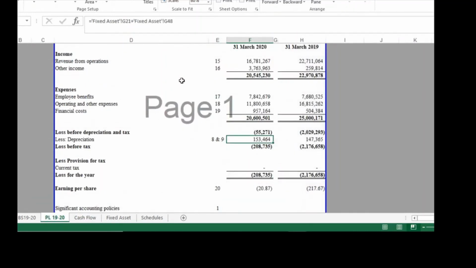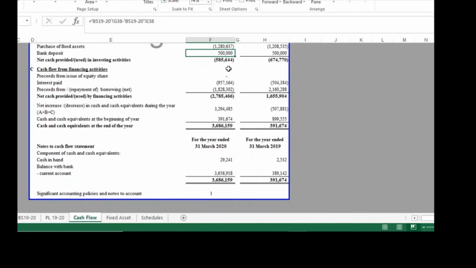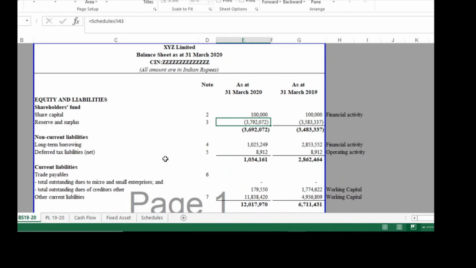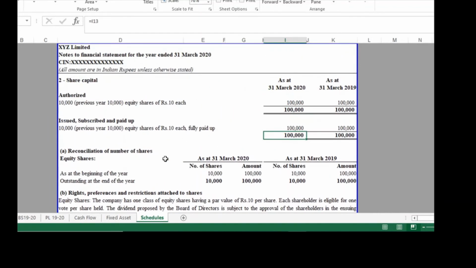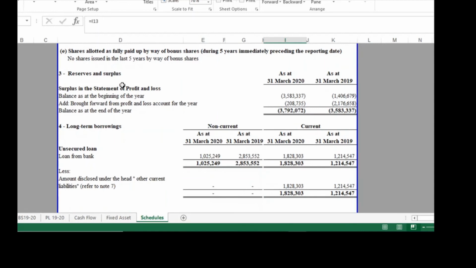Now we can see we have covered the profit and loss account. So if there is any non-cash adjustment or any adjustment required in the profit and loss account, we have captured it in our cash flow statement. Now move to the balance sheet part and see if there is any item which needs to be adjusted. In case of share capital, you can see there is no such item. The reserve and surplus, as it is related to the profit and loss account which we have already captured in our cash flow statement, we have to do nothing here.